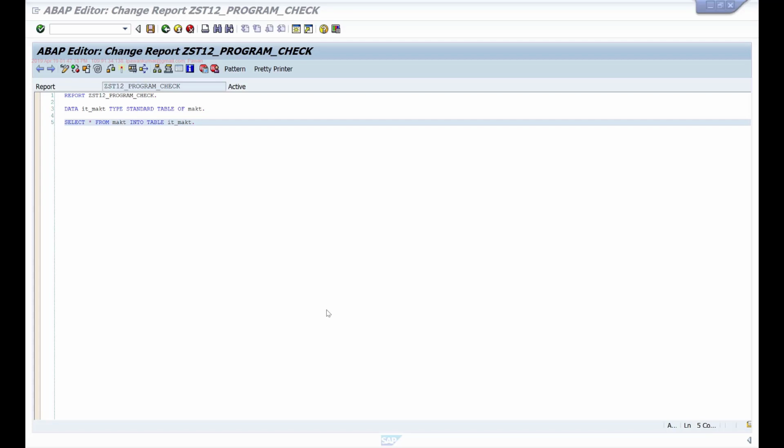So if your program encounters any exception, and the exception is not caught in your program, it will create a runtime error. And we famously call it the short dump. Many people I've noticed, especially beginners, whenever you get a short dump, you don't read it. You simply feel that there's a big error in the program and start worrying about what is causing the error. However, the short dump itself gives you a lot of information that you can use to troubleshoot the error. So next time when you get a short dump, don't simply close it and start wondering what is causing the error. Take your time to read the complete short dump to identify what is causing it.